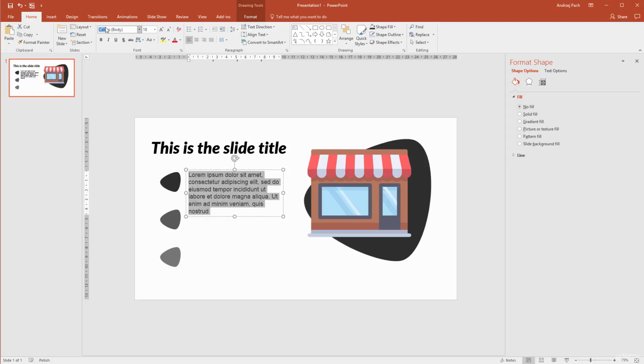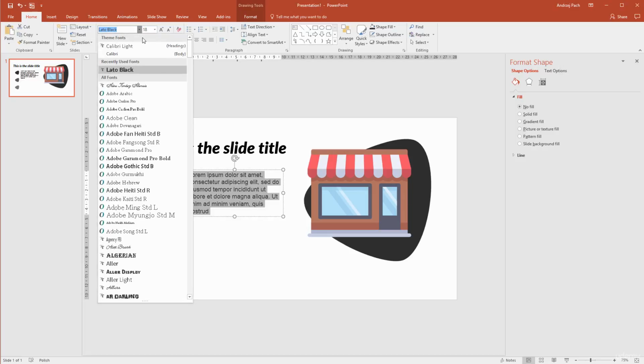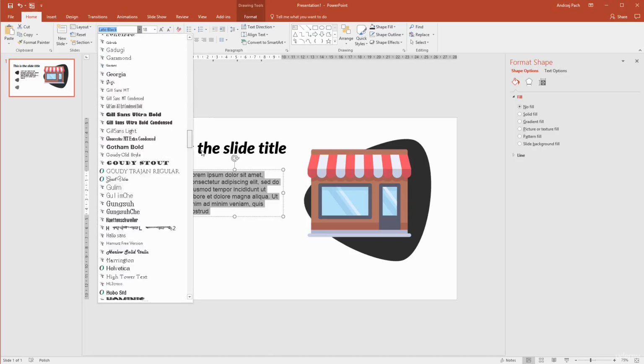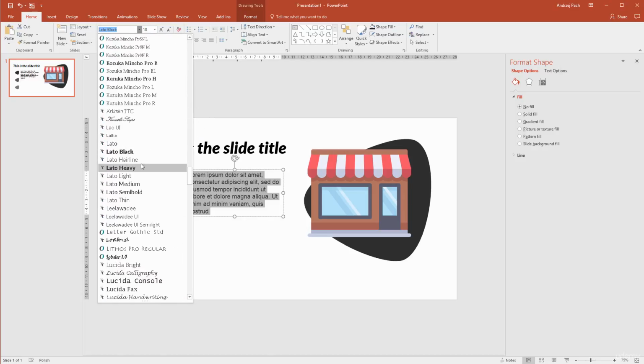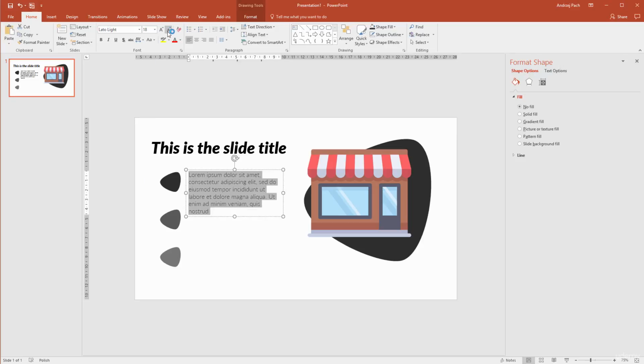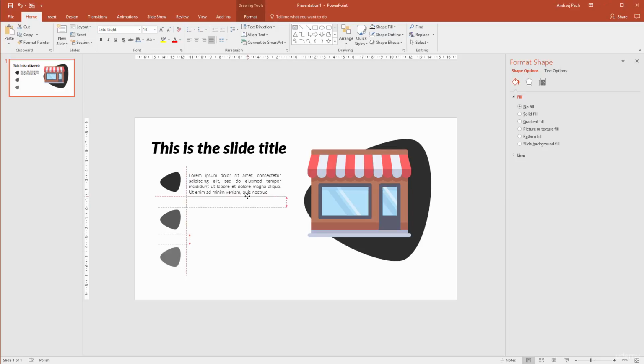Now again, since I'm running with Lato, let me go to Lato, but this time not black. Do I want hairline? Do I want light? Yes, I think I want light. I want it to be smaller and I want to justify it. So justify, smaller, and this is it. Now take this text box, Ctrl V,